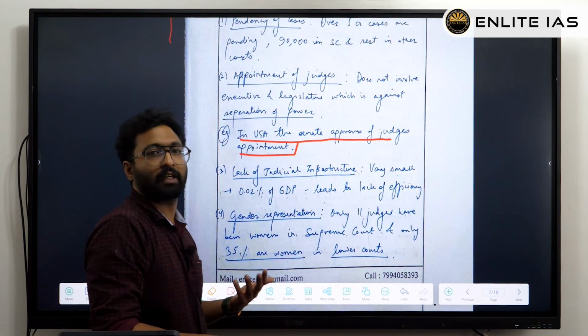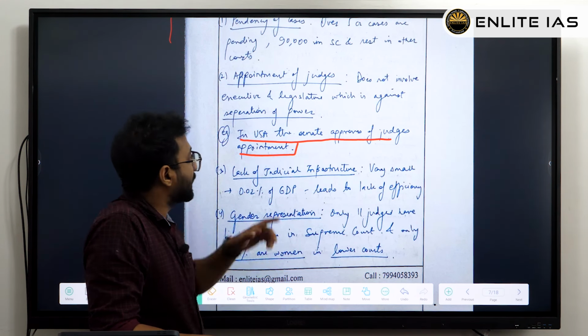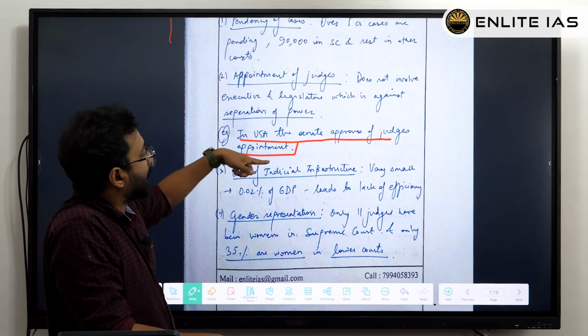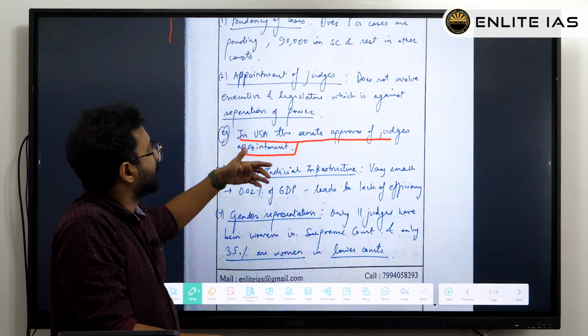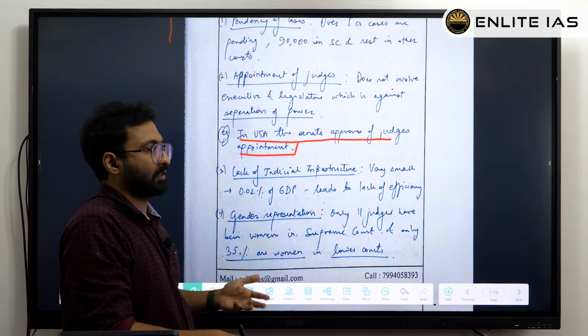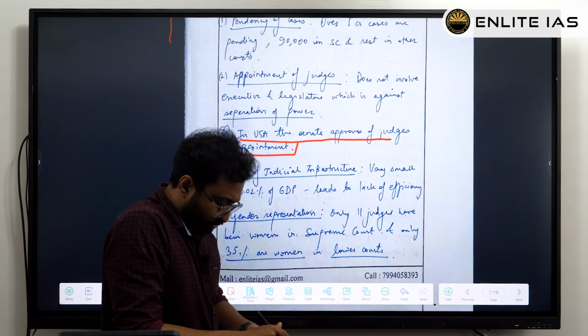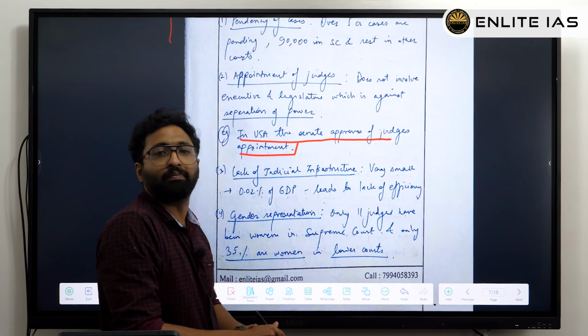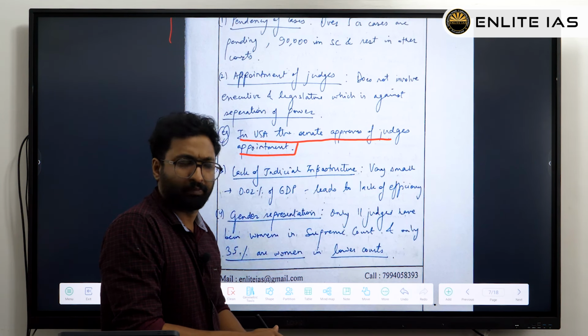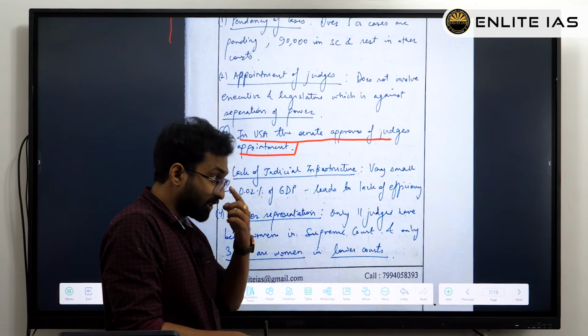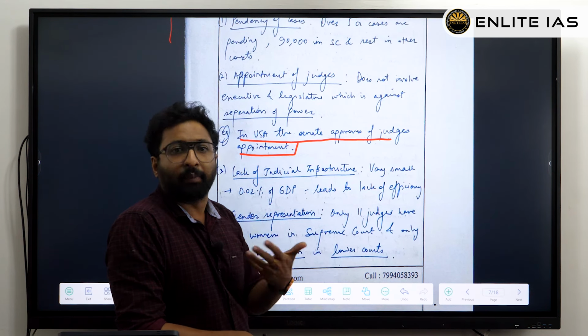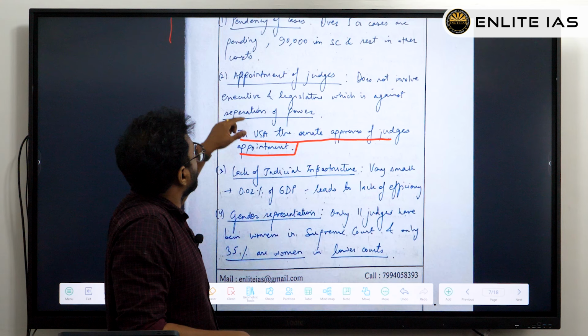But you are not actually trying to incorporate that into the paper, and that is what helps you get more marks. So try to introduce some comparisons in your examination paper. That's what actually helps to make good scores in the GS2 paper, especially in the GS2 paper as well as the GS3 paper that we'll be discussing in the coming videos.